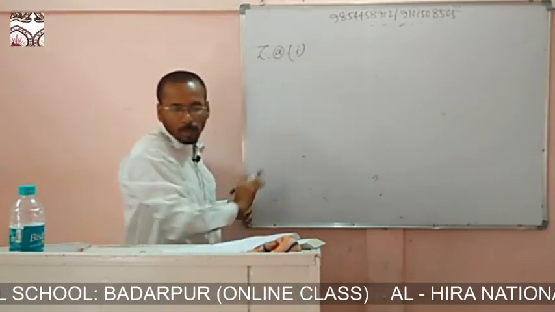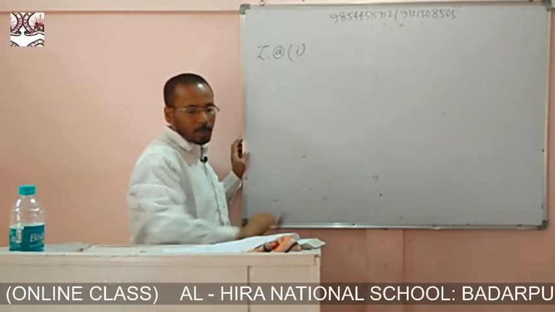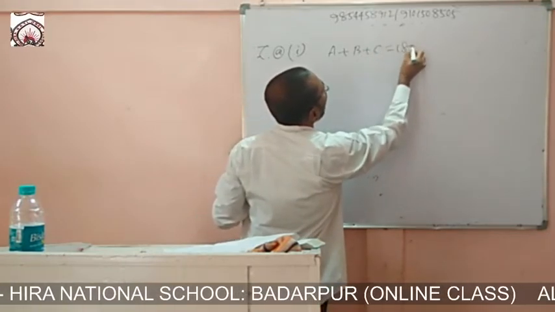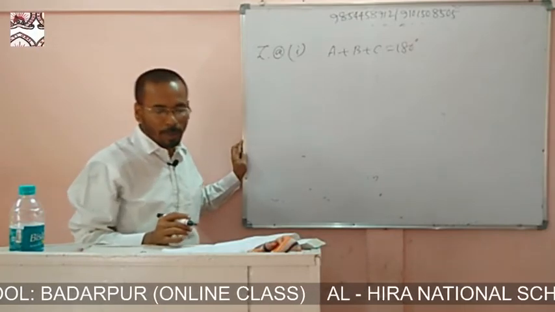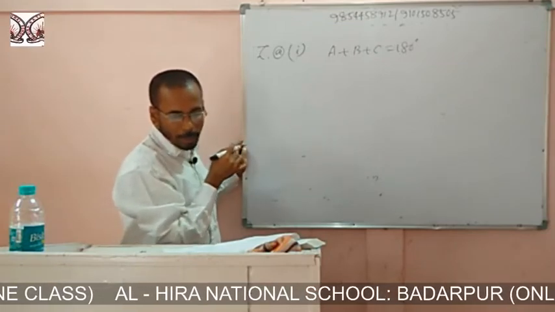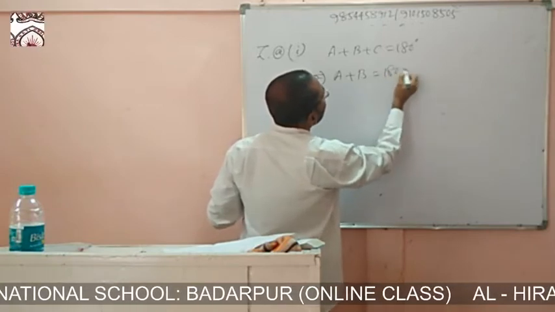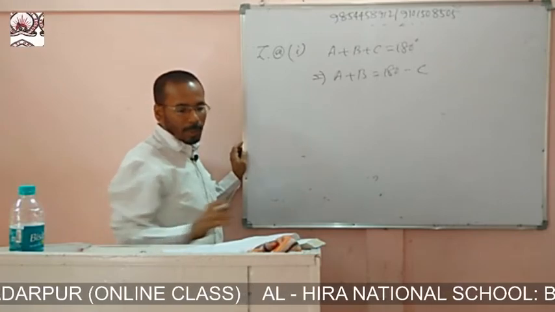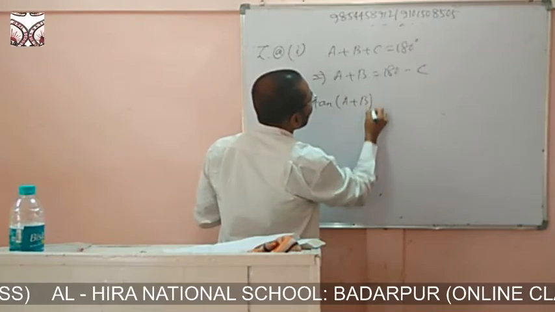Question number 1: in any triangle ABC, the question gives A plus B plus C is equal to 180. Why is it written? Because in a triangle the sum of the angles is 180 degrees. So we can write A plus B plus C is equal to 180 degrees, so A plus B is equal to 180 minus C. Then we can write tan(A plus B)